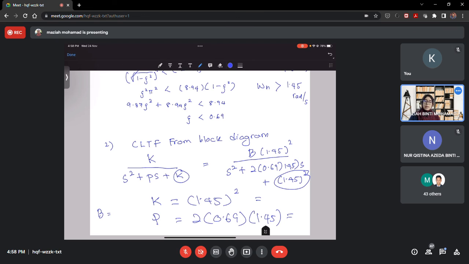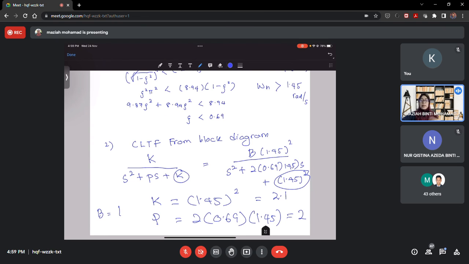Okay, I believe B is actually 1. K is 1.45 square. And P is 2.1. Okay. So